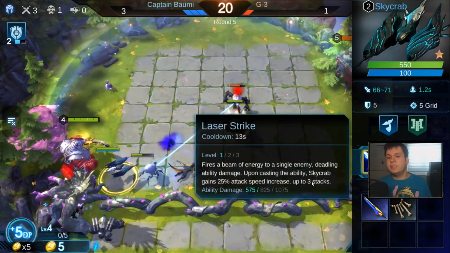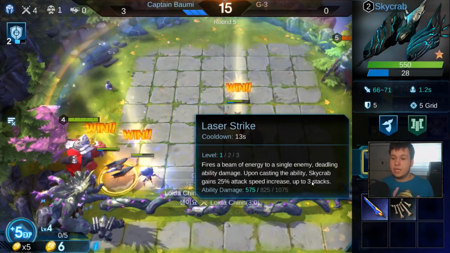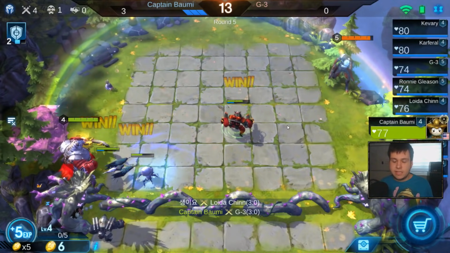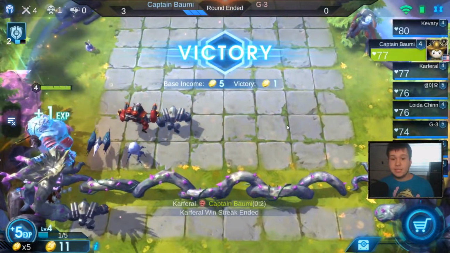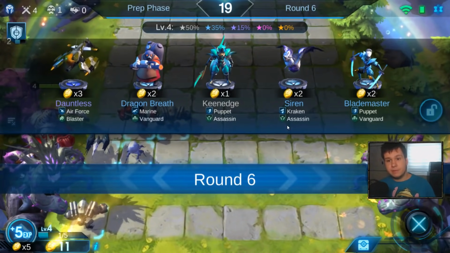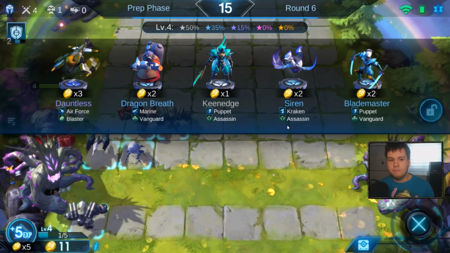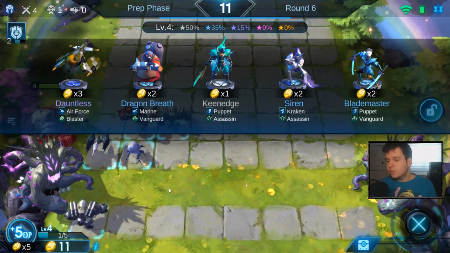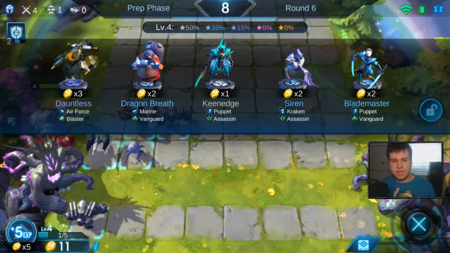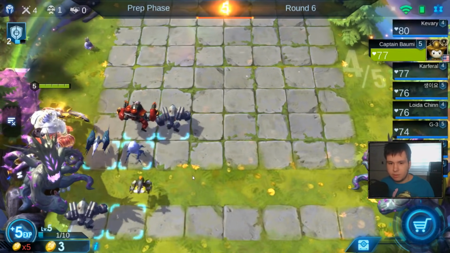So what is this unit? Laser Strike deals massive damage, and then you gain increased attack speed. So that's a unit that I think we are already familiar with, right? And you can see we have some units that we know and then some units that we don't. And I think that works really well. I personally enjoy that because it adds a little bit of the sense of familiarity while also having new stuff. Anyway, we're going to go ahead and get ourselves the Dauntless, and we're going to upgrade our